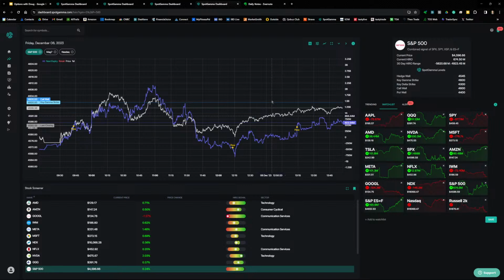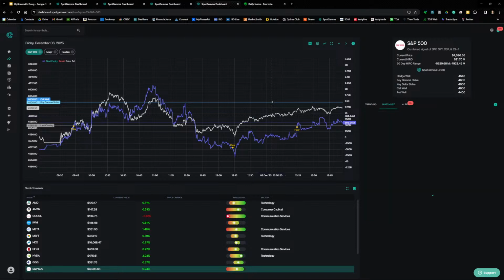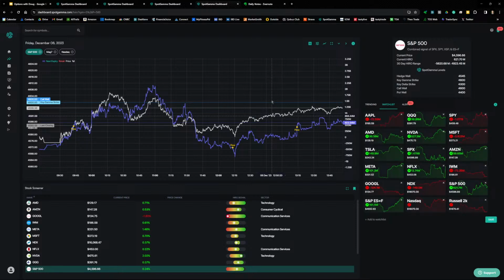Everything that we've looked at so far, other than Bookmap, has been based on static data that's updated once a day. SpotGamma takes the open interest data from the OCC, applies their proprietary algorithms to derive the levels and the gamma notional, the Vanna model, everything that we've looked at and that I use in my planning, my positional analysis for the day. All right, so this is real time, just like Bookmap.